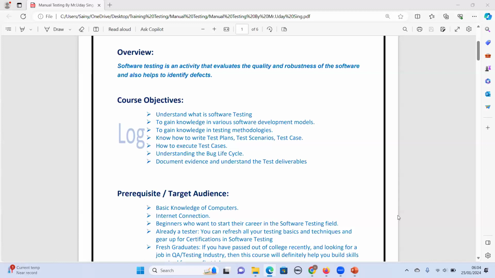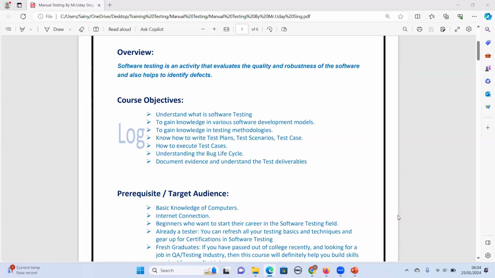This course also explains the methods you can use to test software. I will also help you gain more knowledge in various software development models. Some examples are the waterfall model, the V model, and the agile model.